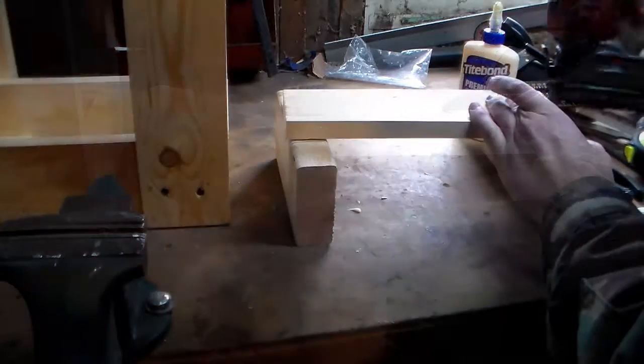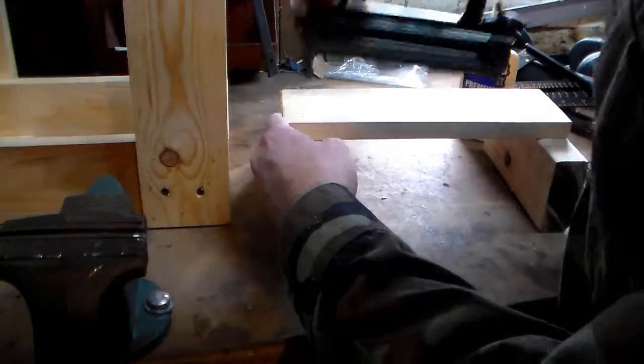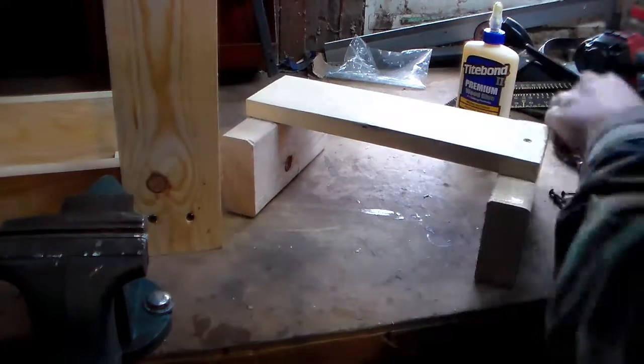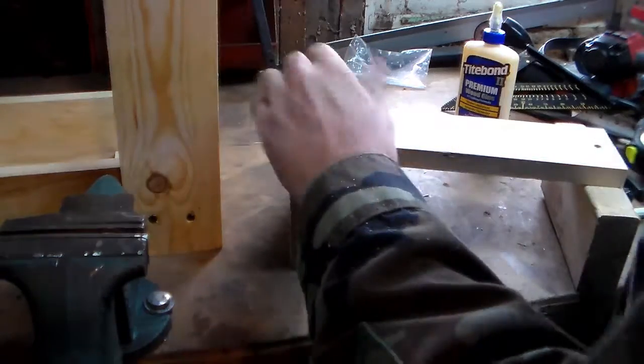Eventually what I decided on was to use a couple pieces of 2x4 that were cut to fit between the legs, and then a piece of 1x4 that I'd cut earlier to brace the 2x4 so that the legs can't really move in either the X or Y axis, and it actually made a really sturdy stool